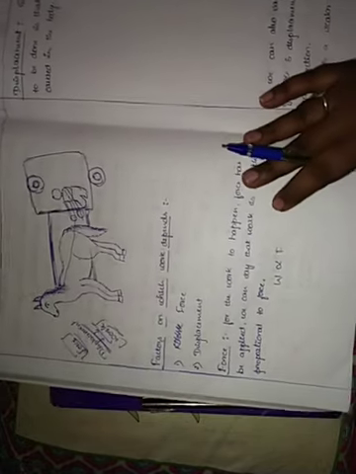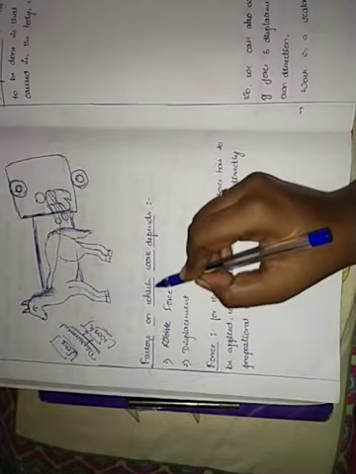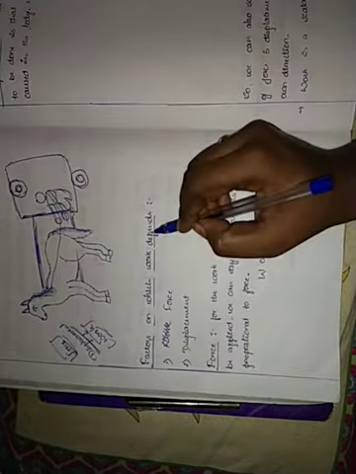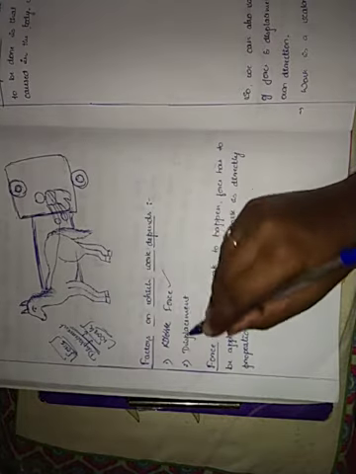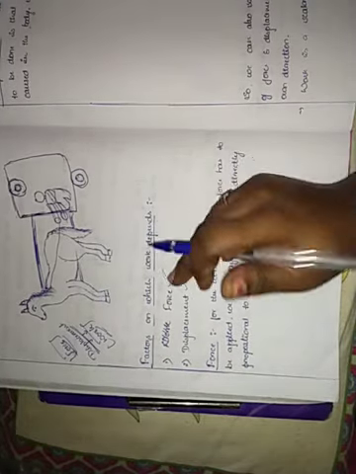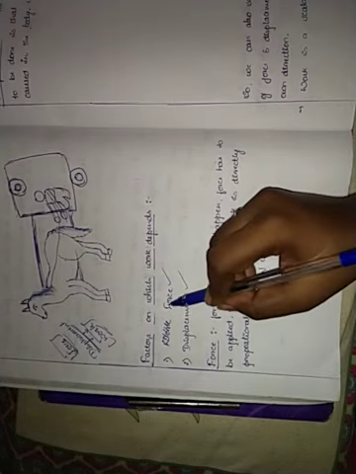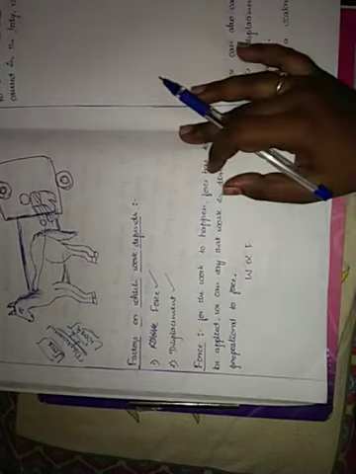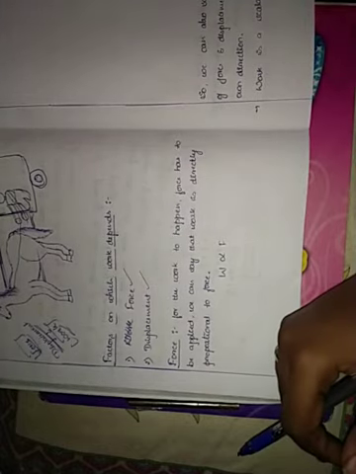Okay, so based upon that, how are we going to classify? The factors on which work depends. These are the two factors on which work depends: work depends on force and work depends on displacement. So what is that? Force. We know the definition of force from the previous chapter itself.